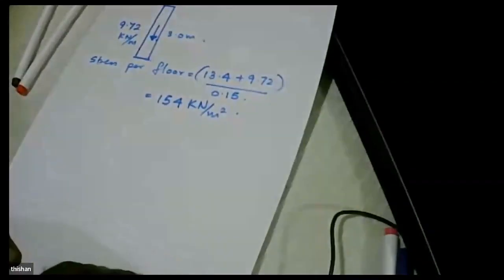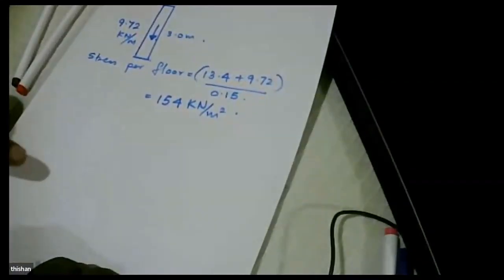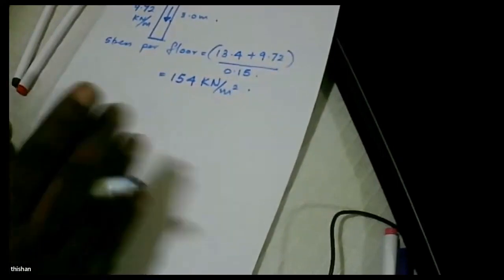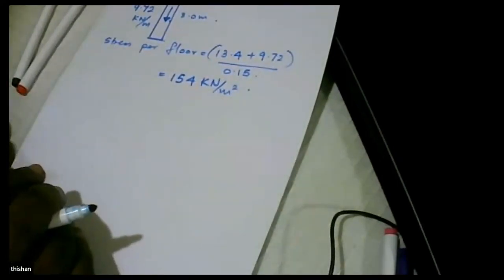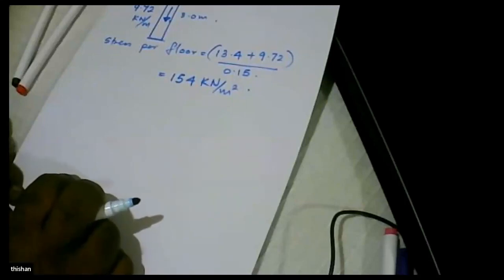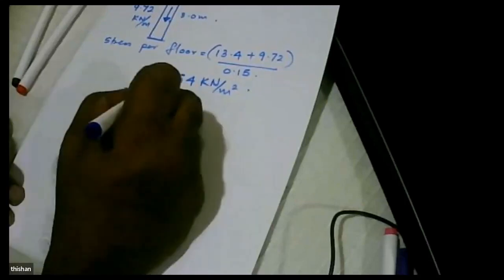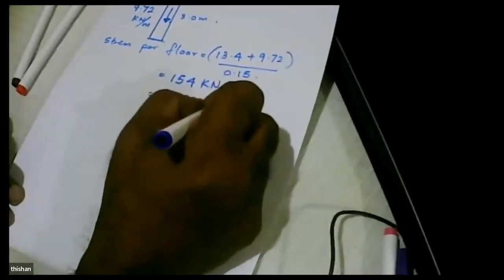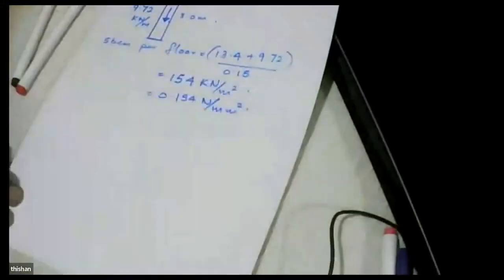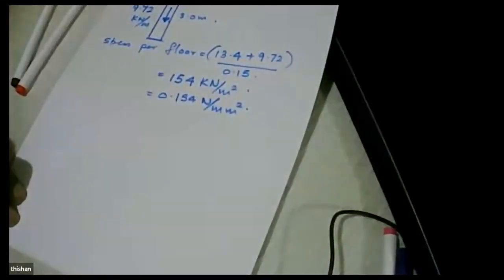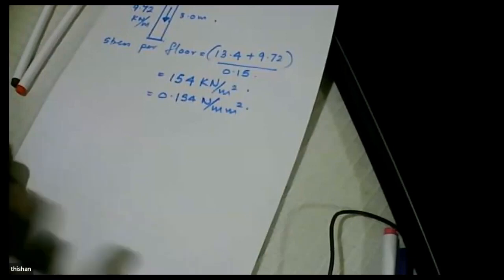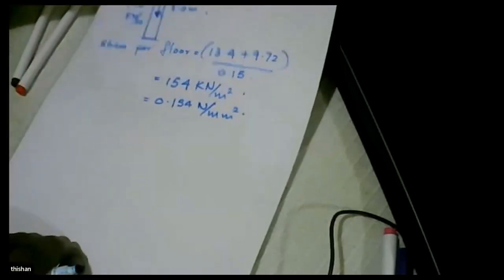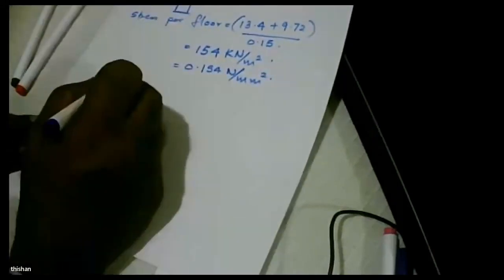So that is the stress, and you can see it's not an extremely high stress because when you convert it to newtons per millimeter squared, what you get is 0.154 newtons per millimeter squared. So that's a value. So let's look at it from the masonry design point of view. So in masonry design,